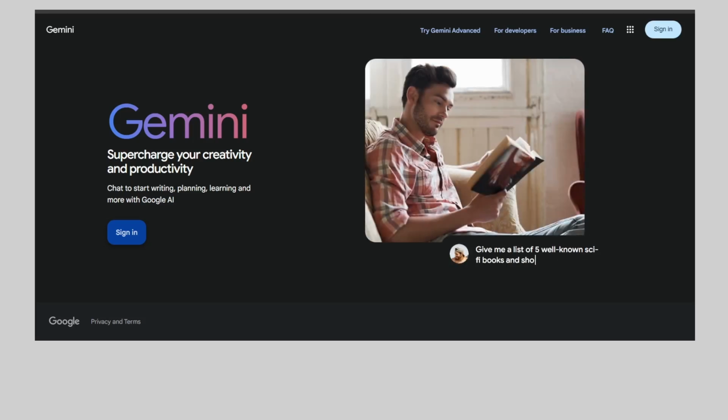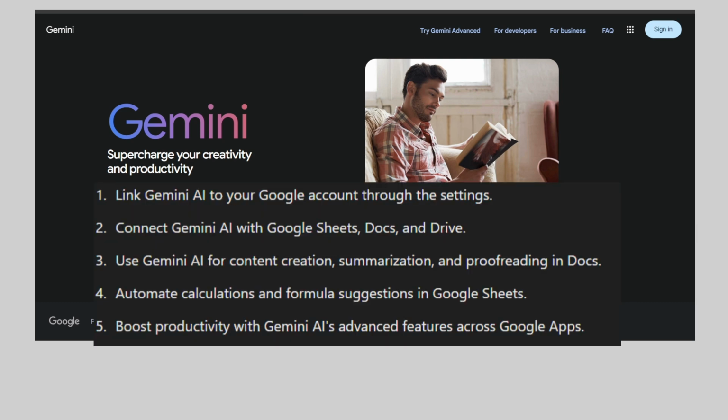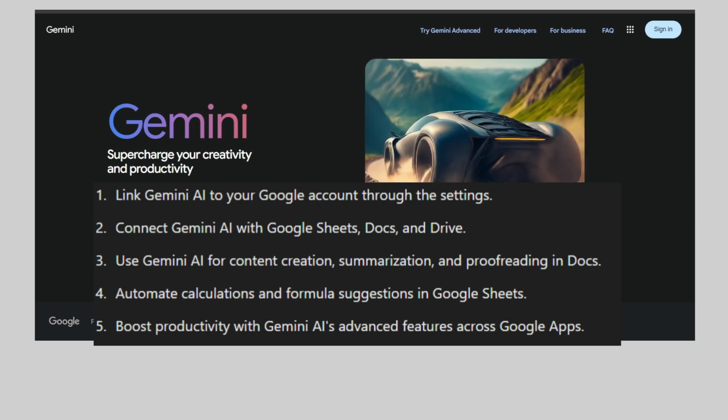In today's video, we'll show you how to integrate Gemini AI with Google Apps to enhance your productivity and workflow. To get started, first make sure your Gemini AI account is set up and linked to your Google account. You'll need to head over to the Gemini AI settings and look for the integration section, where you'll find options